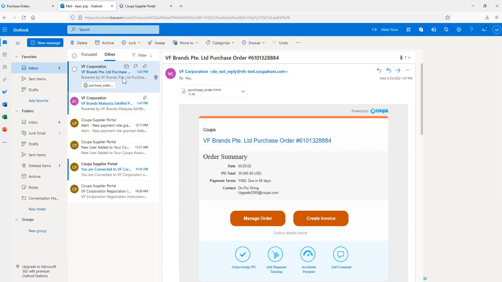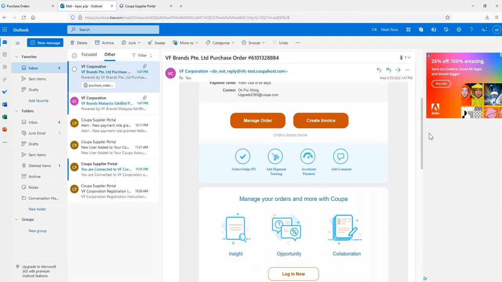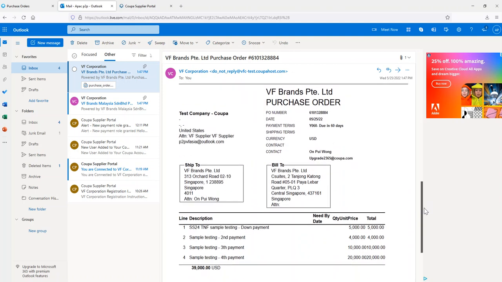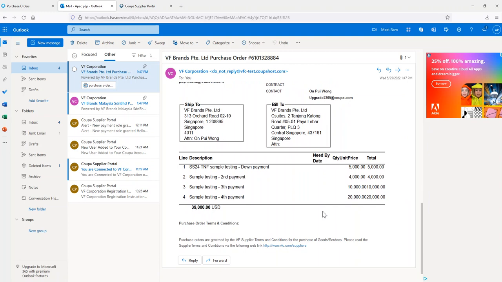If you click on the email, you will see the purchase order from which VF company, and the purchase order number. You can see a high-level summary and the contact information as well. If you scroll down the email body to the bottom, you will see the purchase order format. In here,